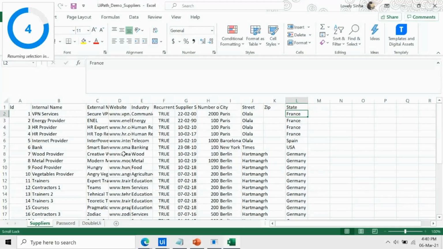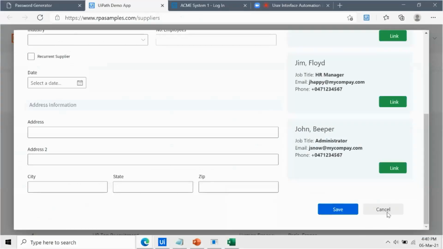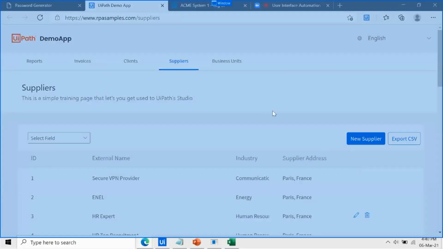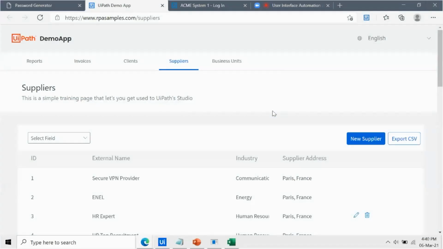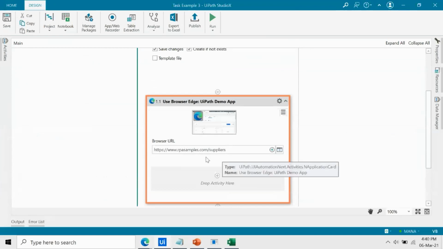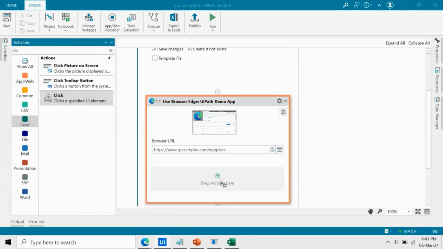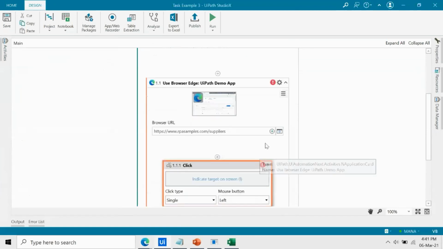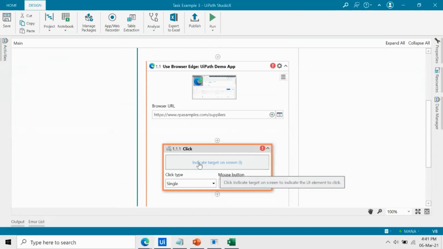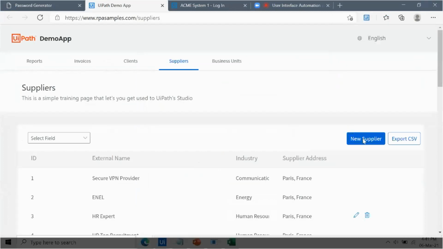I press F2, which gives a 5 seconds delay, and then I come back to this window and select it now. So I indicate the browser so that the URL is being captured, and now I have to perform a click,